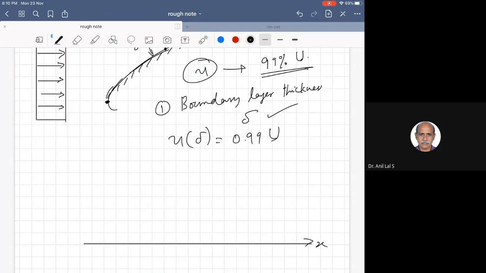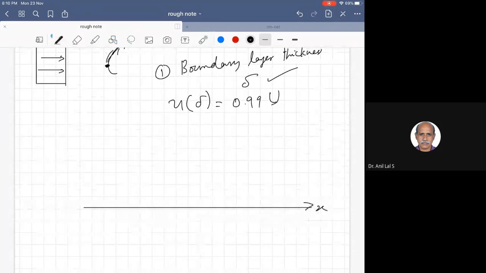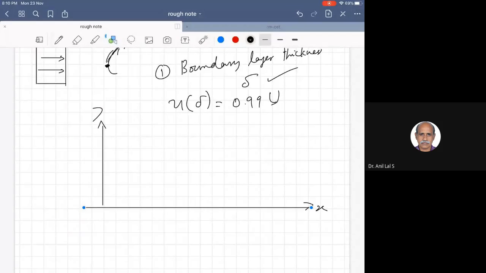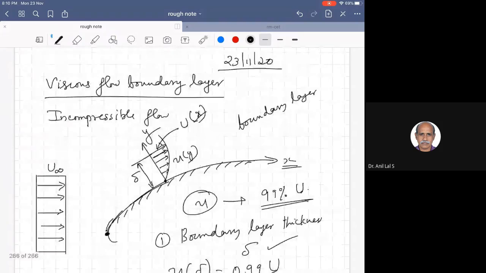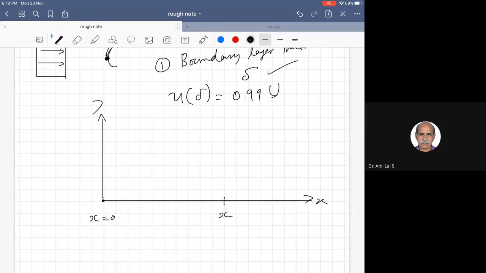The normal direction can be marked like this, this is the y direction, and let us assume that this is the forward stagnation point, at x is equal to 0. We consider at some arbitrary x a lateral distance,